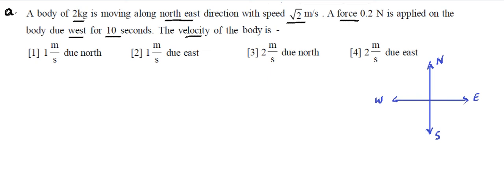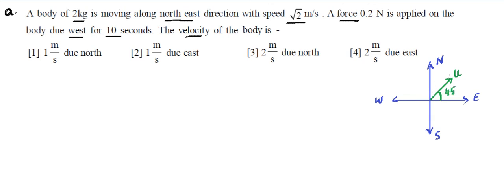Moreover, in this particular question, what we have been given are two vector quantities. One is the velocity, which is facing towards northeast. So let me draw the velocity in the northeast direction. When somebody says northeast direction, that means it makes 45 degrees from the east as well as from the north. So northeast means making equal angles. So that's the initial velocity that has been given to us. So this angle is 45.